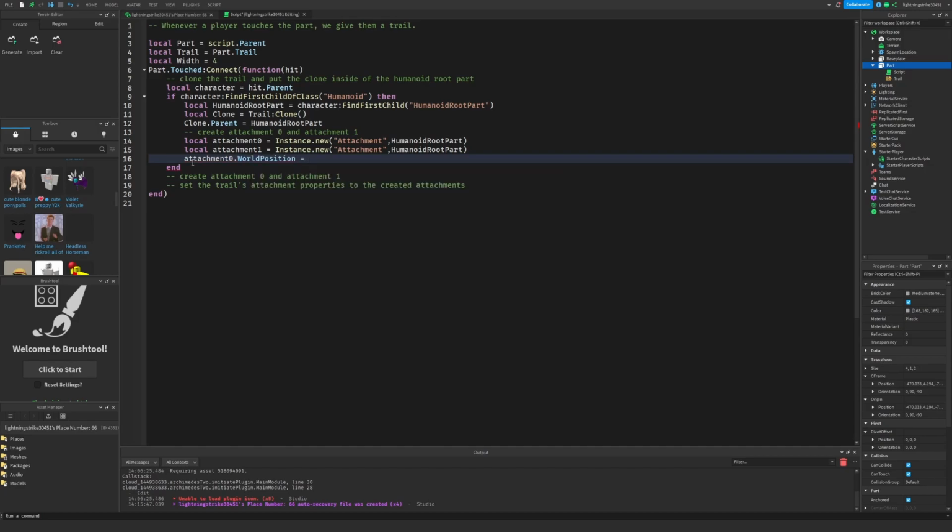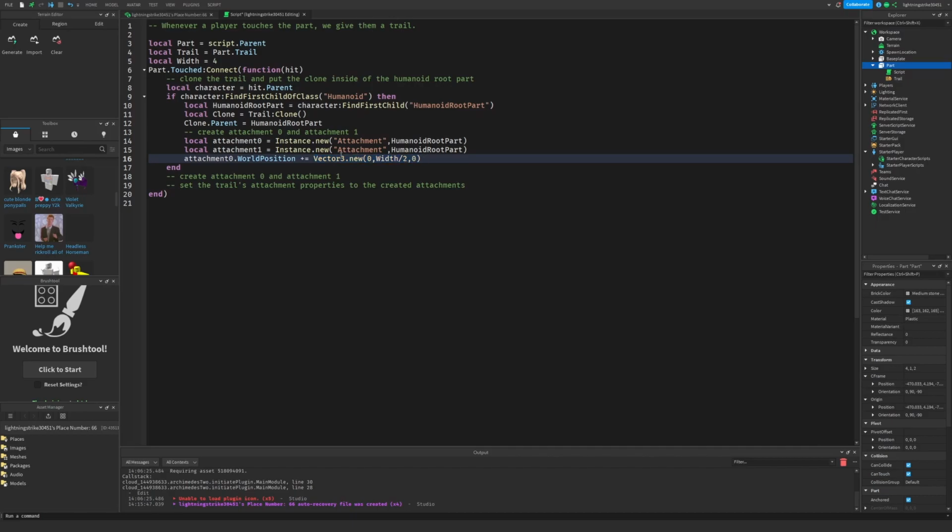So attachment0.WorldPosition, we're just doing plus equals Vector3.new(0, width / 2, 0). Now this might look intimidating, but basically what I'm doing is setting the position of the attachment. This plus equals sign basically means attachment0.WorldPosition equals attachment0.WorldPosition plus this thing